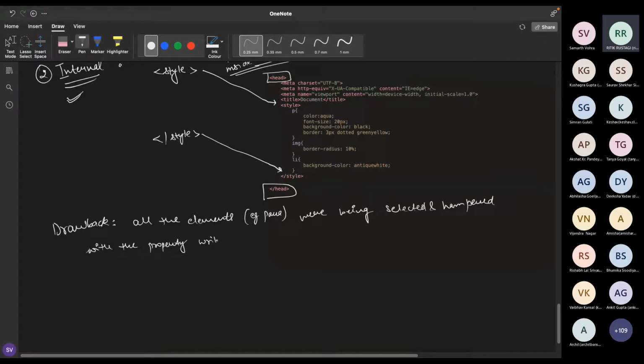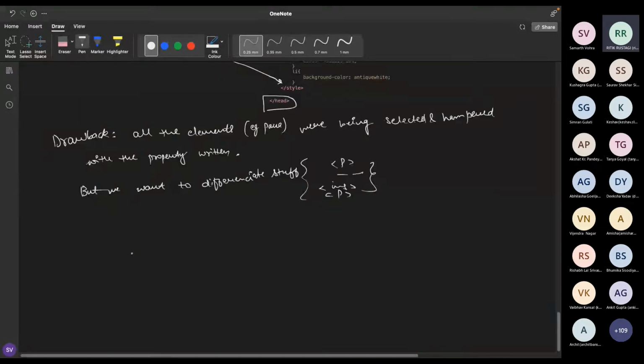That's okay. That's understandable. But we want to differentiate things. We want to differentiate different paragraphs present in different places inside this page, and we want to give styling to individuals. So for that matter, here comes the third way,